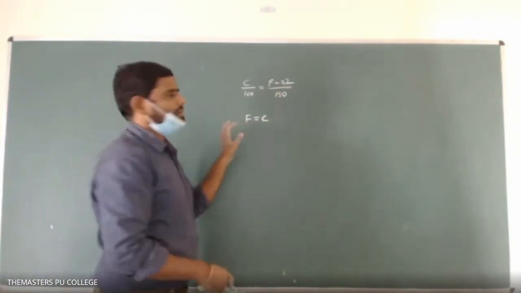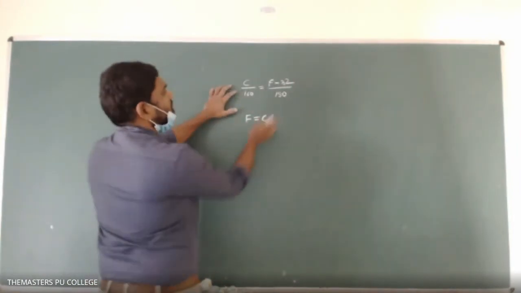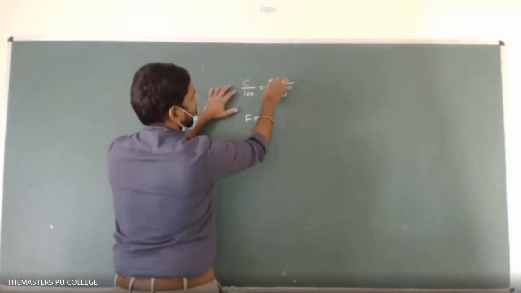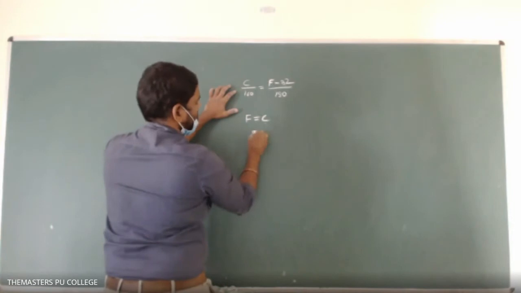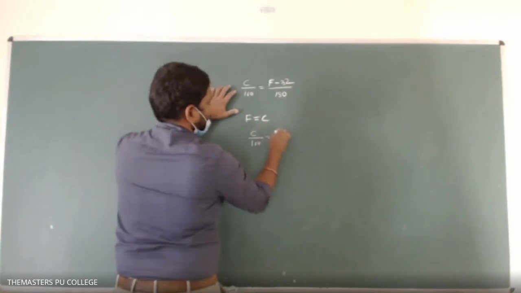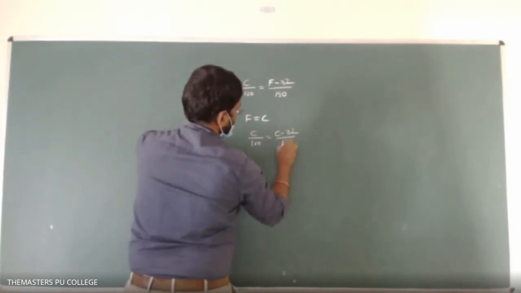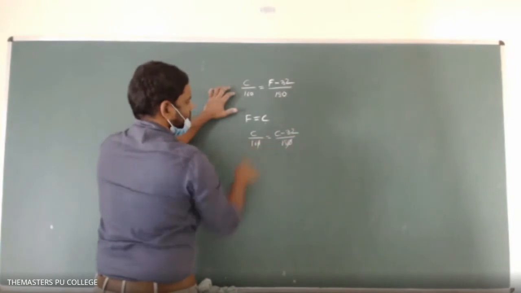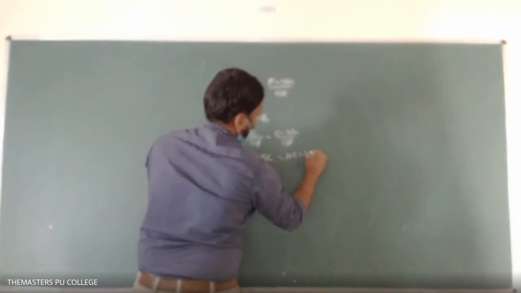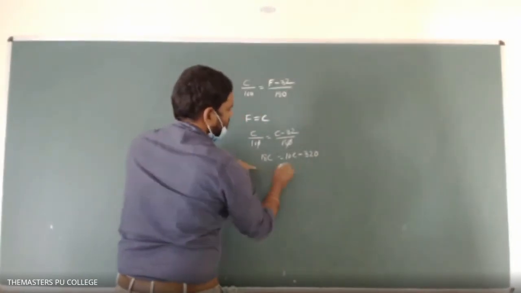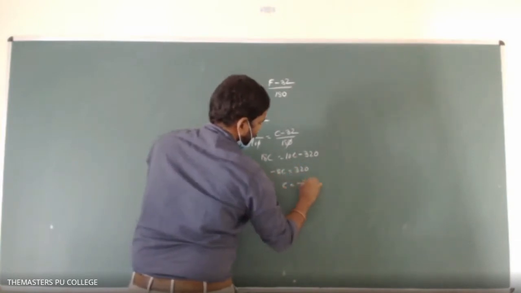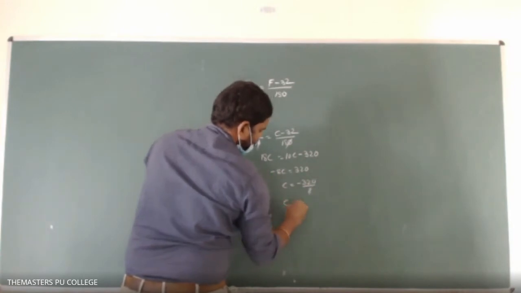It's okay. Let me do it. Okay. So here we need to find the value in degree Celsius, which means this F can be replaced by C. So then this equation becomes C by 100 equals F minus 32, in place of F I am substituting C minus 32, divided by 180. So this one gets cancelled, cross multiplying: 18C equals 10C minus 320. So then minus 8C equals 320. C equals minus 320 by 8. So then C is equal to